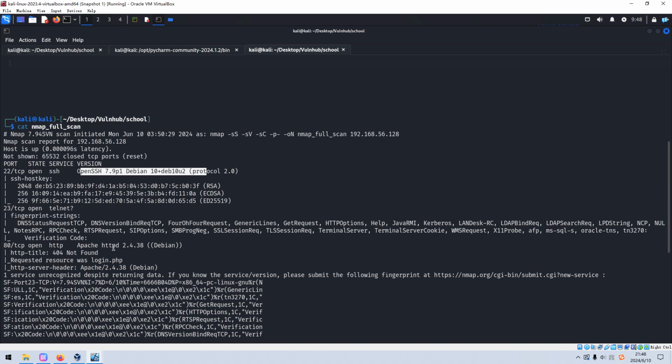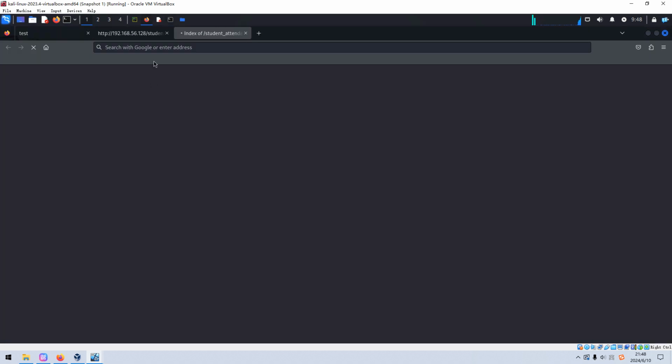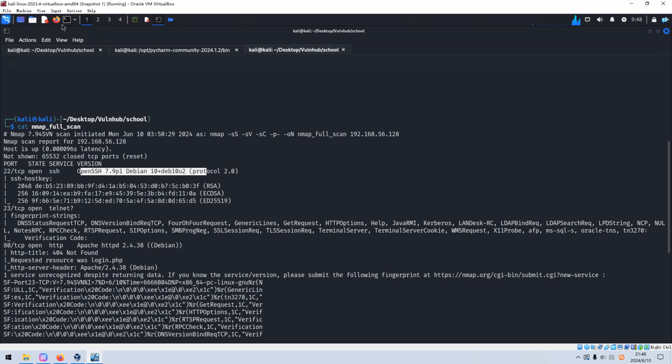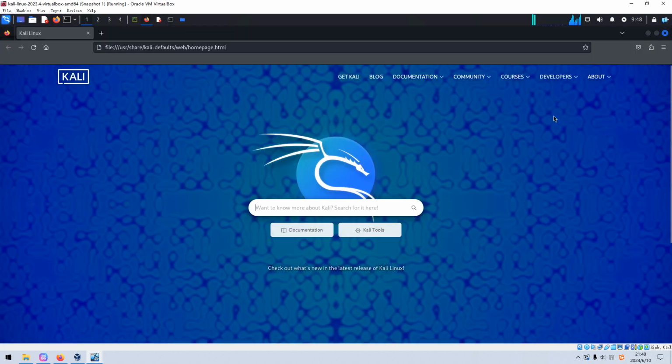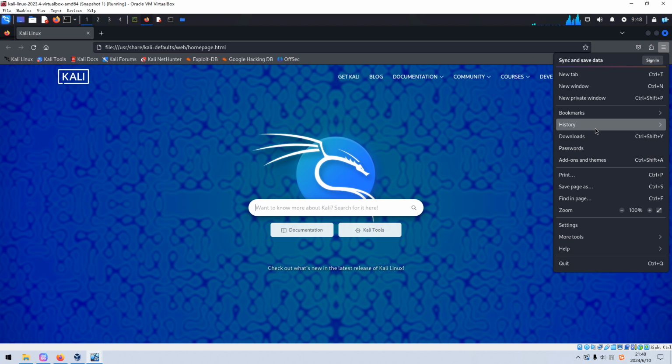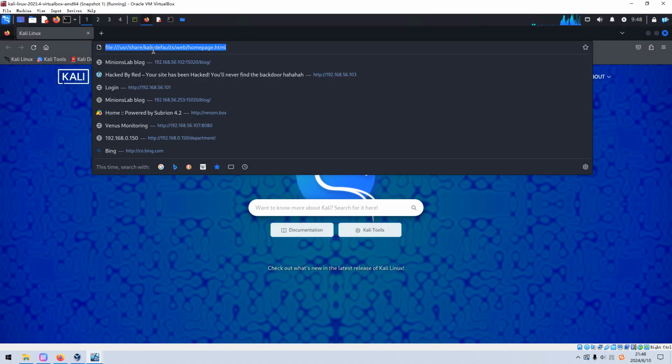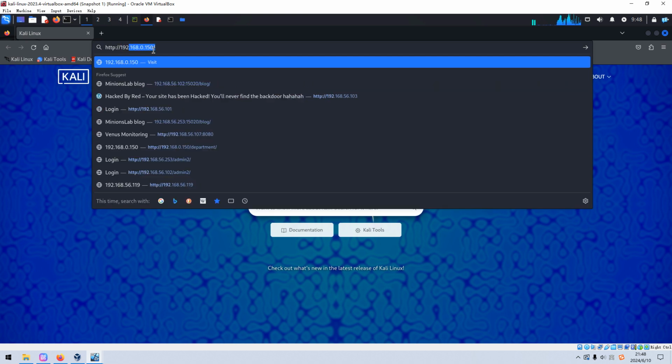So what we are going to do next is enumeration of the HTTP service, both manually and automatically. Let's launch our browser, Firefox, to do the manual enumeration first. Let me clear up the history. And we can put the IP address of the target into the address bar.